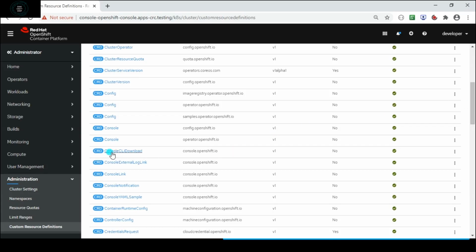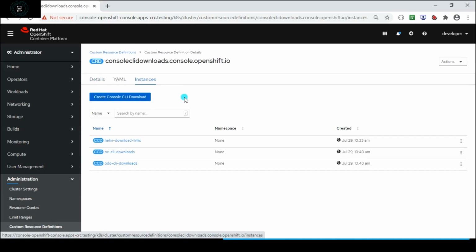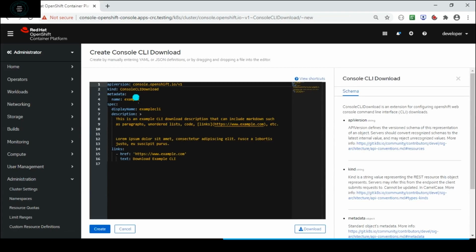So if you can see on the screen, there is a ConsoleCLIDownload hyperlink. I will click on this, and then we will navigate to the Instances tab. Inside the Instances tab, I will find an option that is Create ConsoleCLIDownload. I will click on this, and then I will edit the contents as per my requirements.